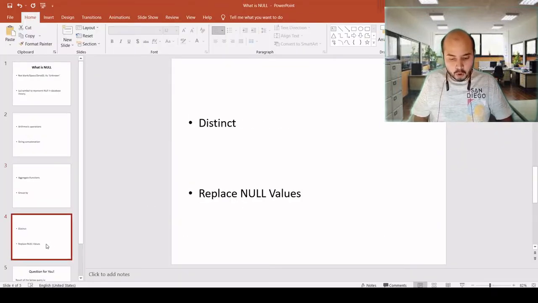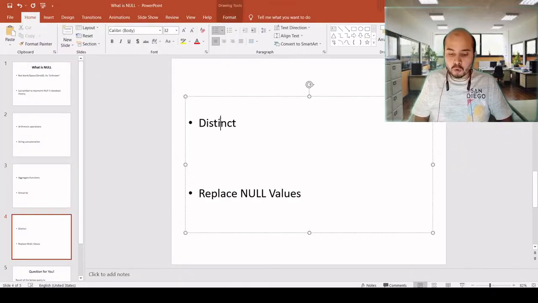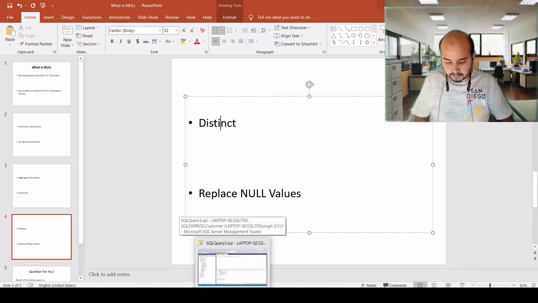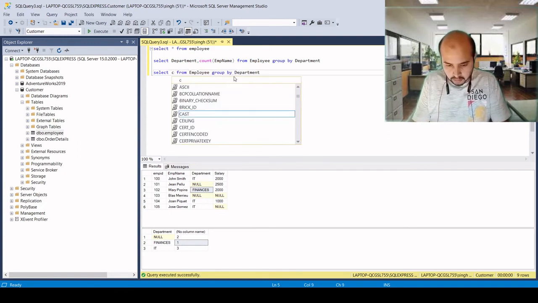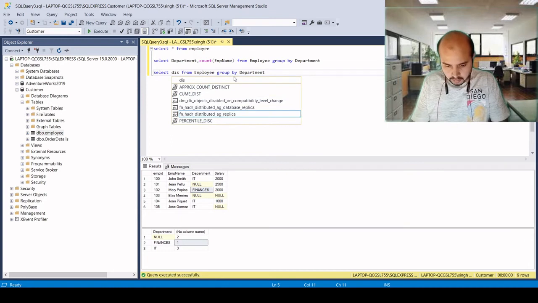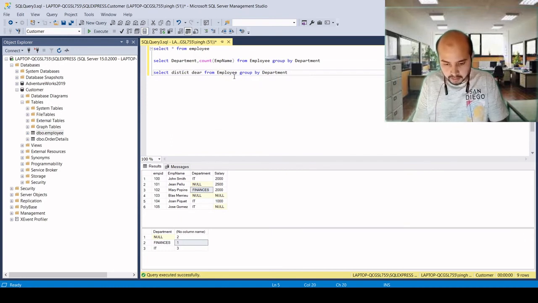Now how can we go with distinct? Use the same query and change it according to distinct department. Let's see how many distinct departments we get.